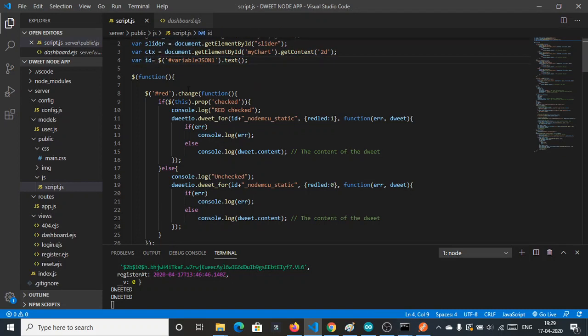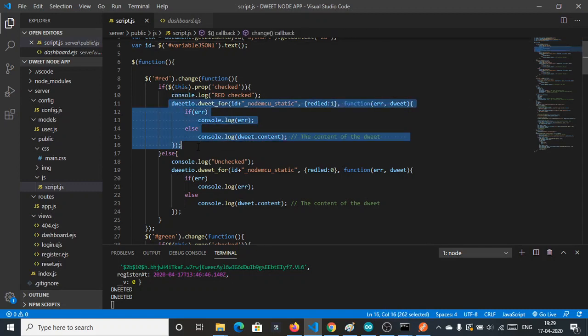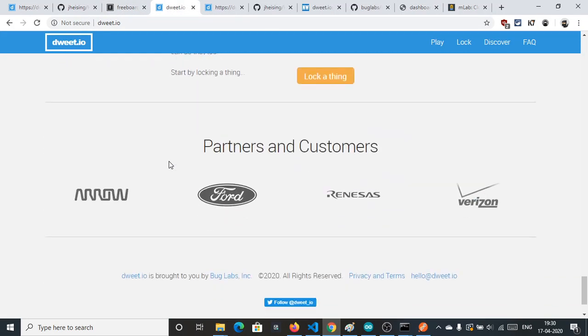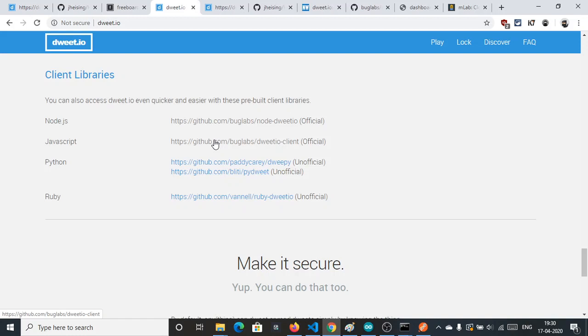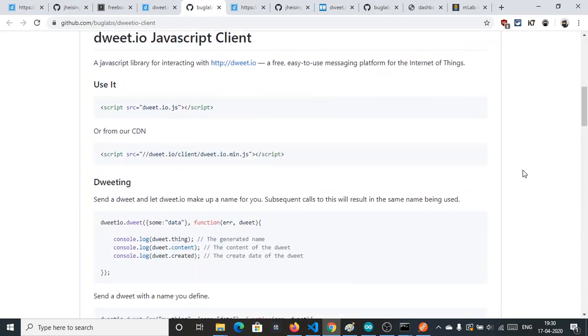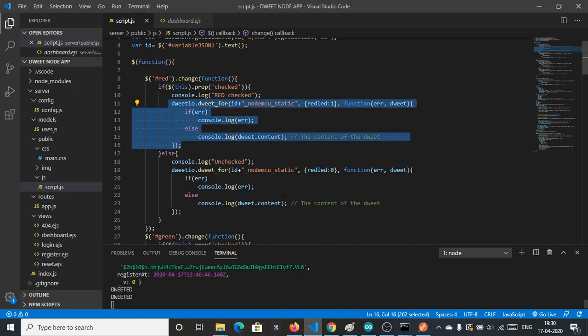Fine. And all this is used in the client side JavaScript file as well, with doit.io, because we are sending requests to the doit.io API, sending values data to doit.io at the JavaScript end as well. This is the official API provided by the doit.io client. You can simply add it using a CDN of doit.io like this. A simple script of this type will do your job.